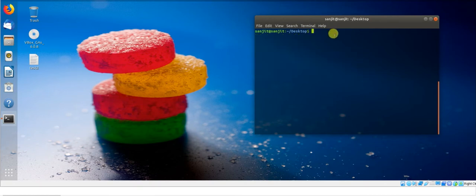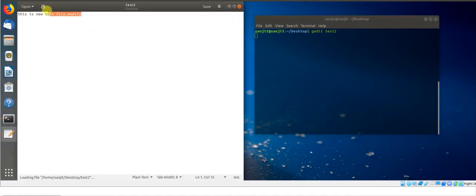Now I will go and try to edit this file. Let me try with gedit this time. You can use any editor. Let me copy this detail, and after that I will make some other line.